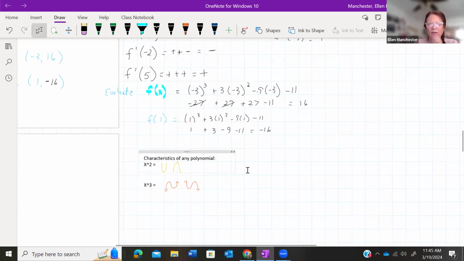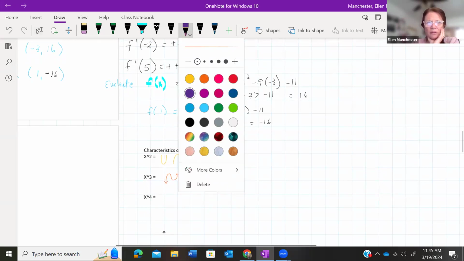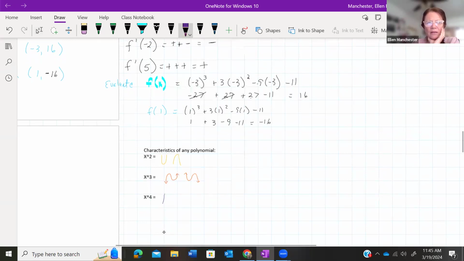If you have x to the 4th power, that is going to look like this, or like that. There are just some shapes to it. And then anything other than these three is going to be